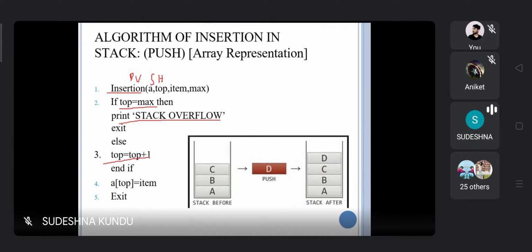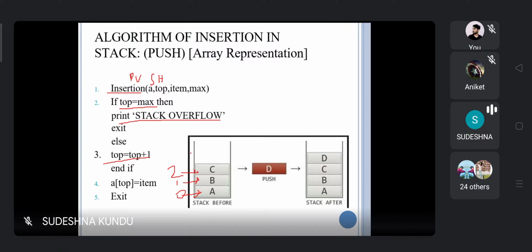Top equal to top plus 1, and then A[top] equal to item. Fine. So in this case, suppose this is the zeroth element, this is the first element, this is the second element, and whenever we push an element, first we check that the maximum size is not reached.